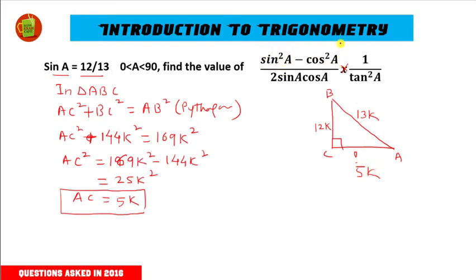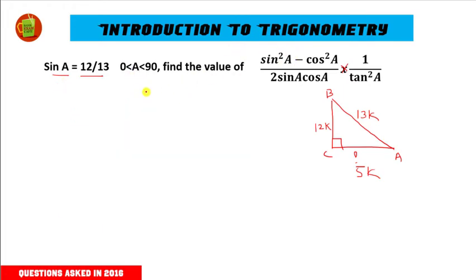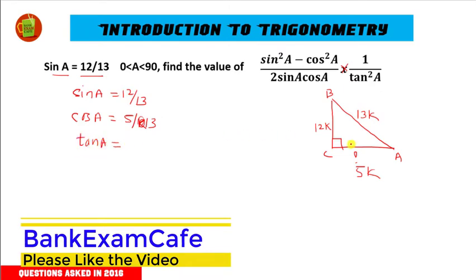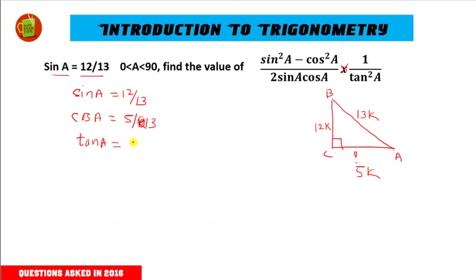And now we will find the value of sin, cos, tan and put it into this to get the value required. So here I make a space by deleting this portion. Here sin A, that we know, is 12 by 13. Cos A is adjacent upon hypotenuse, so cos A is equal to 5 by 13, because 5k by 13k, k will be cancelled and you will get 5 by 13. And then we want tan A, that will be equal to, tan is opposite upon adjacent, so 12k upon 5k, so it will be 12 upon 5. Now I put it into this and we will get sin square A minus cos square A upon 2 sin A cos A